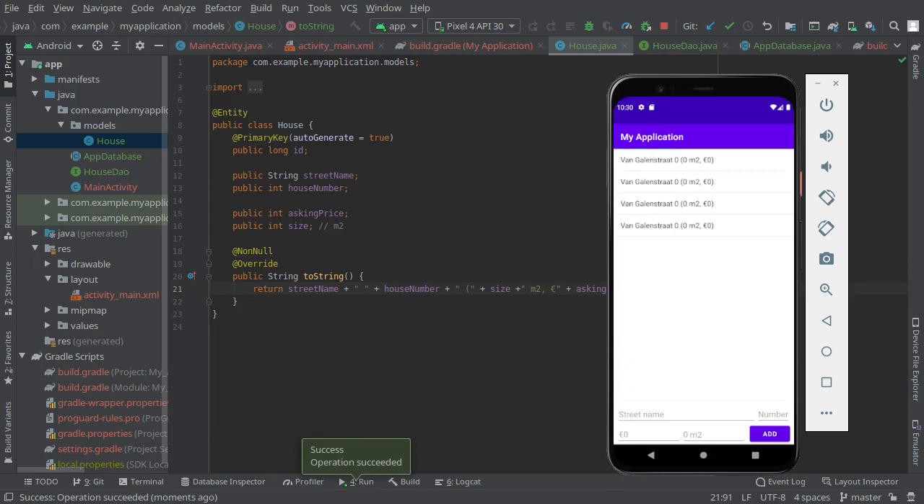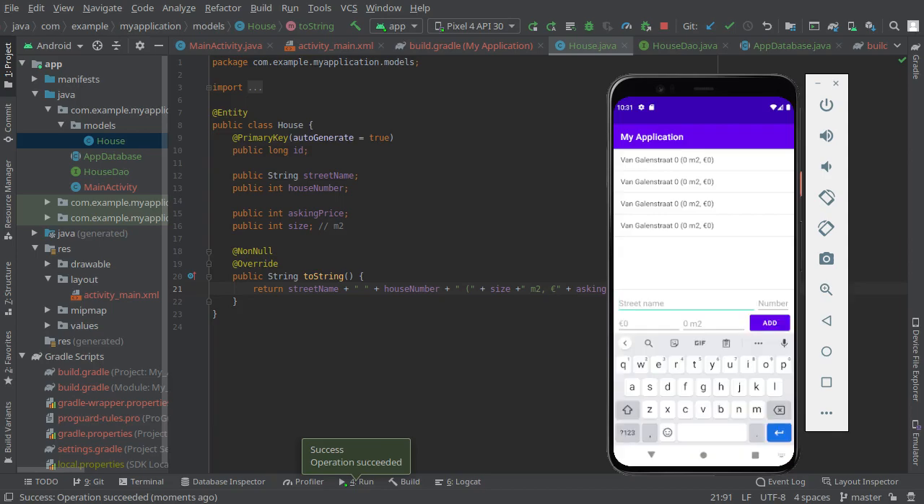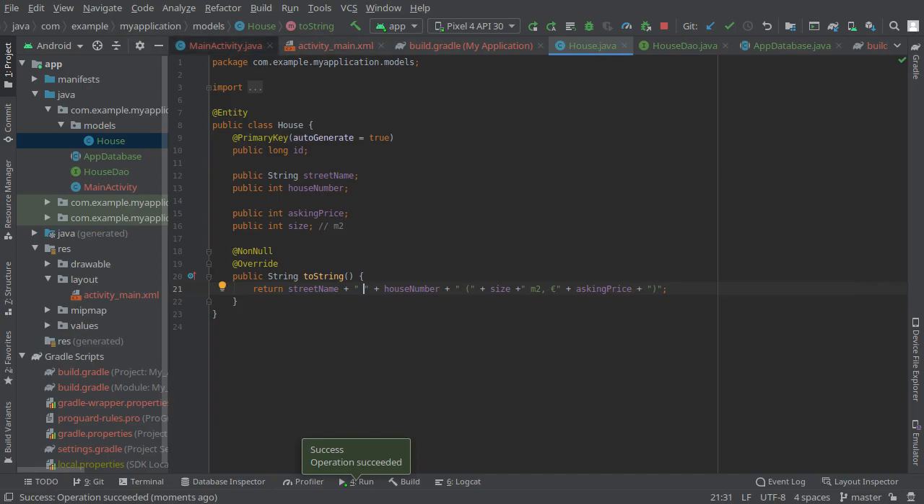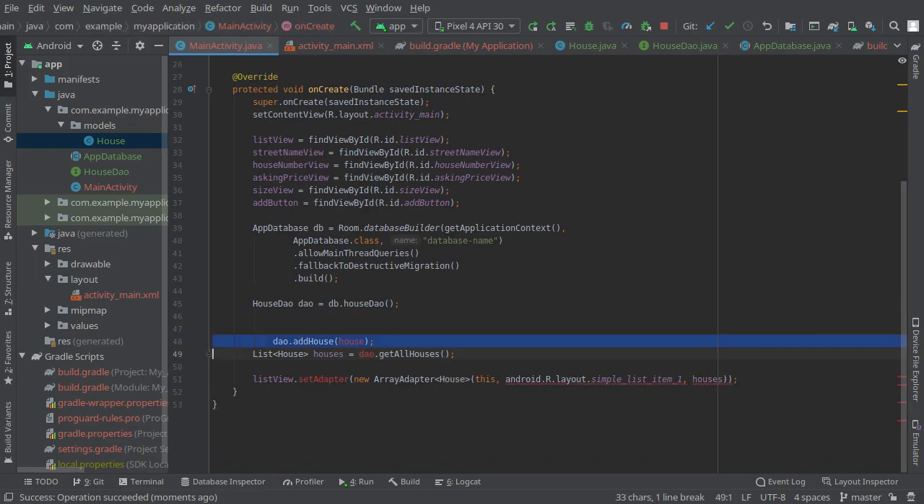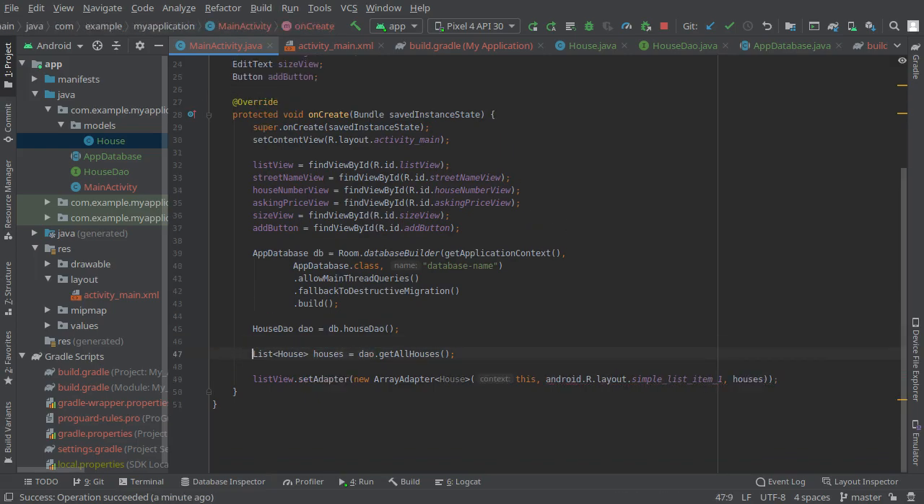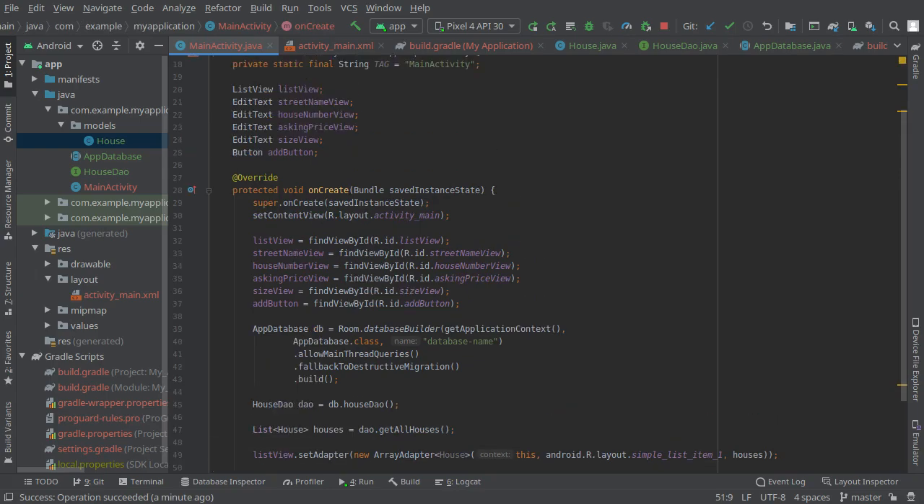There. Let's see if that works. Yeah, that's awesome. Only as you can see, all of the data is now kind of empty, and the street name is always Van Galenstraat. So that's not really interesting. So we want to hook up this form to the database. So we'll go to the main activity, and I'll strip out the add house that we're doing every time the main activity is created, and instead we want to be doing this in an event handler. So let's say, well, there already is a button, the add button,